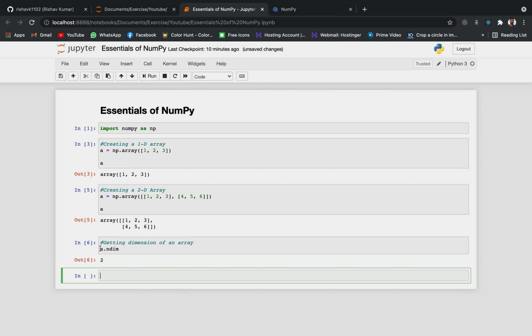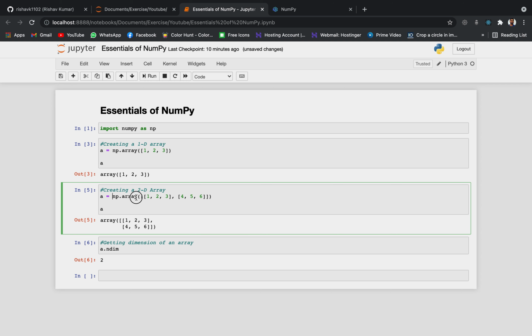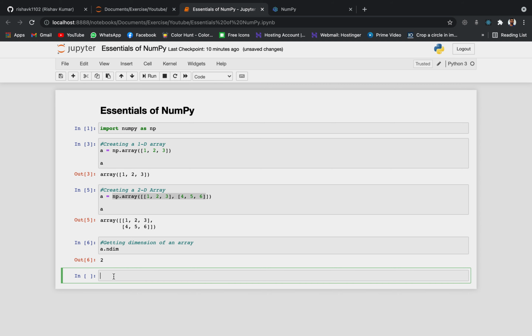So you can see the last value stored in a was a 2D array, that is why the ndim value is 2. So this is working fine. Now suppose we want to know the number of rows and columns, then we have another function in numpy. So let's see that.